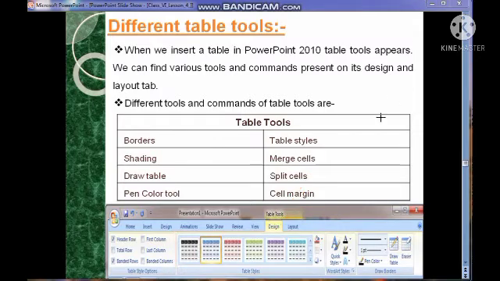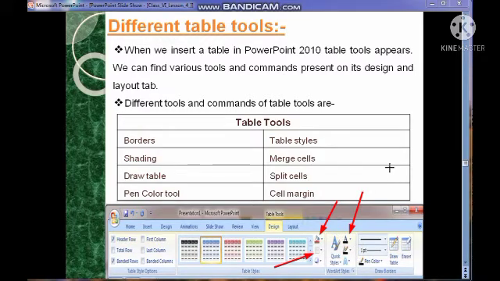If we want to insert color in the table, then we have to choose this option. If we want to insert a border around the table, then we have to choose this border option. If we want to change the color of the content of the table, then we will use this font color option.